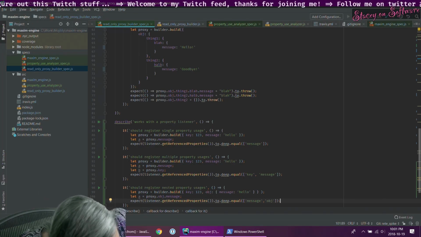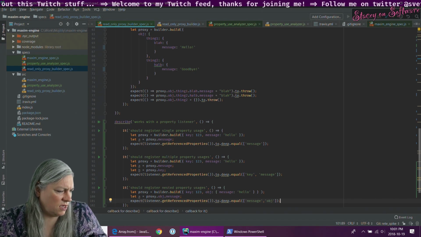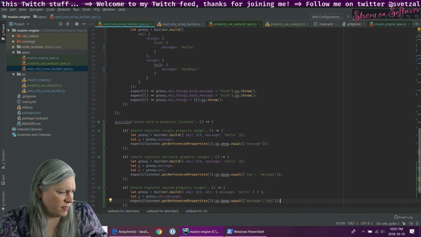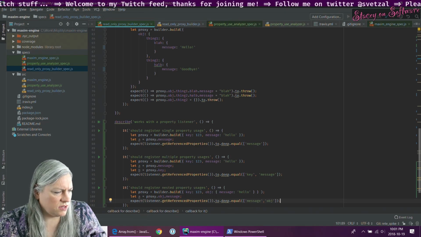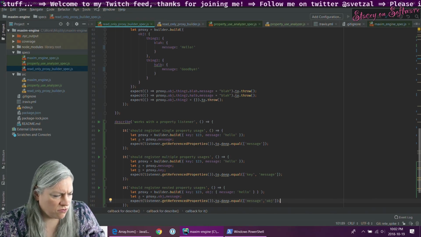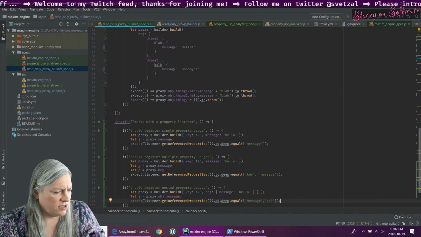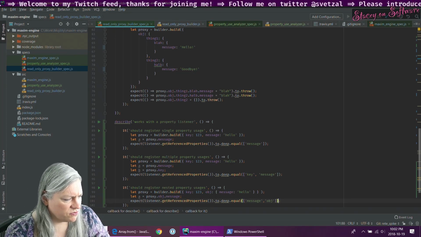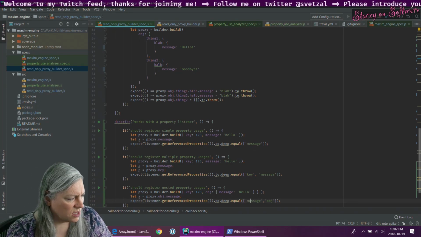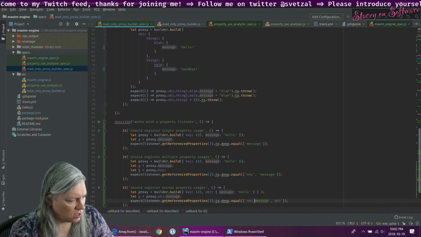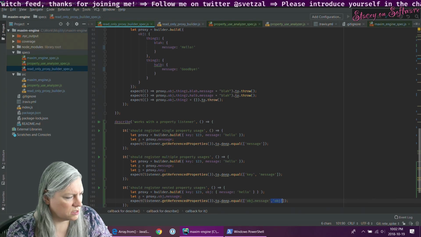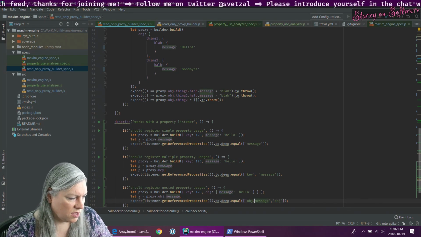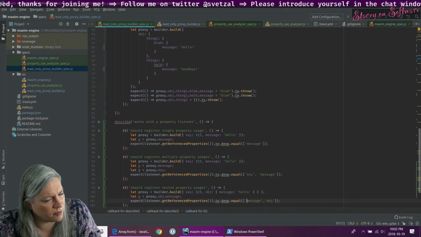But what I want to see here, I feel like this is things referenced through the whole object graph. And I would almost rather see obj.message. Would I? Let me think about this for a moment.